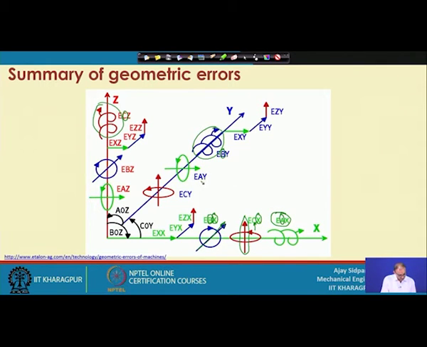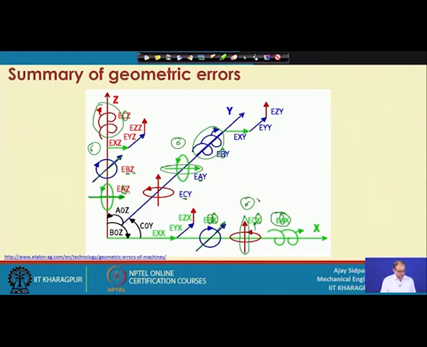Same way for the y axis, you are getting an error in the x direction. So, your arrow is pointed towards the x direction and this arrow is pointed towards the z direction, because you are getting error in the C direction. Same way for here, you are getting an error in the B direction, but your motion is in the z direction. So, this arrow is parallel to the y axis, this arrow is parallel to the x axis, because you are getting an error in the A direction because of the rotation around the z axis. So, now you can see that these are the number of errors, 6 here, 6 here and 6 here.